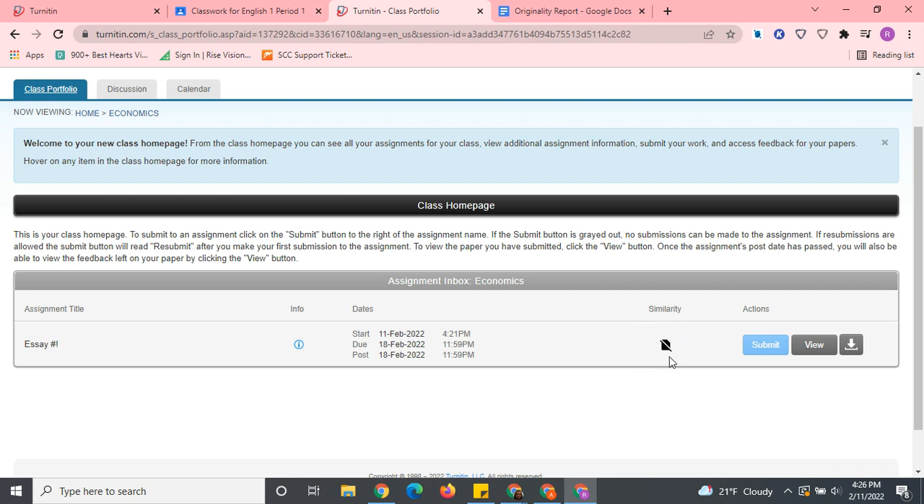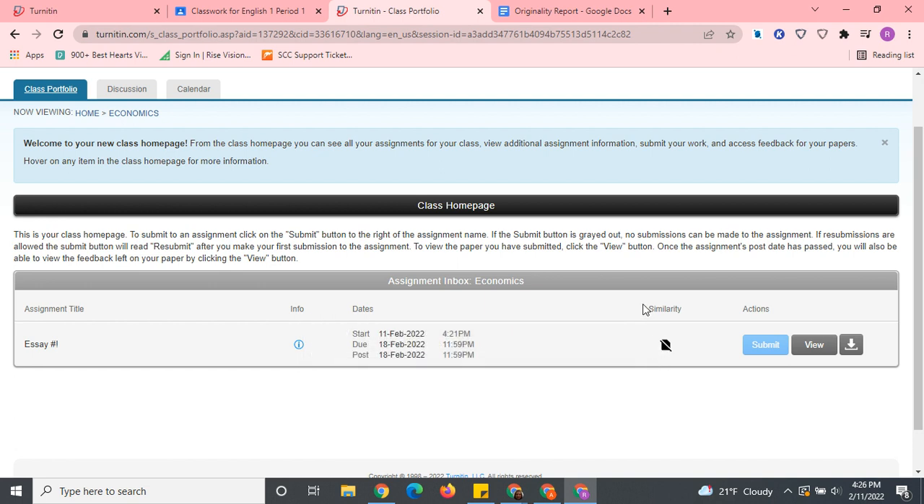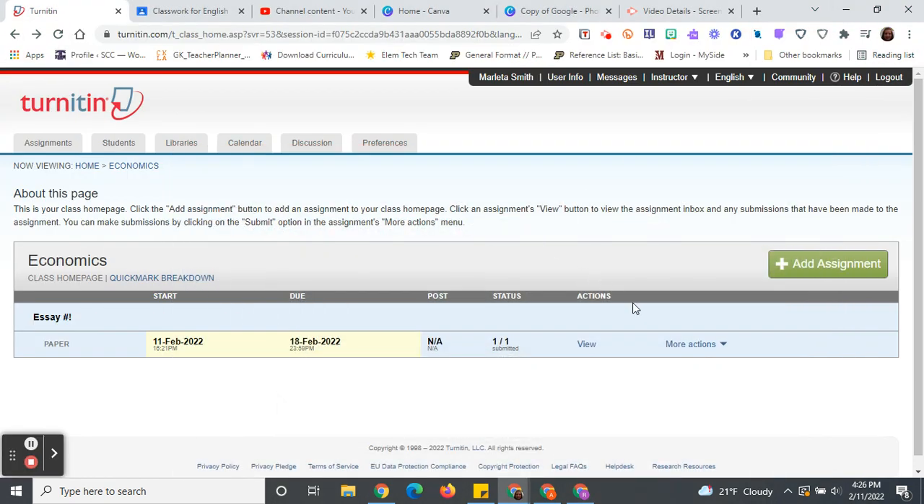As the student published a paper, we noticed there was a paper here. It says similarity report unavailable. That just means the student currently can't see it. If you want your students to be able to see their reports, when you go to your assignment, there's a